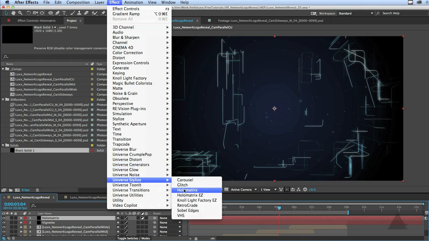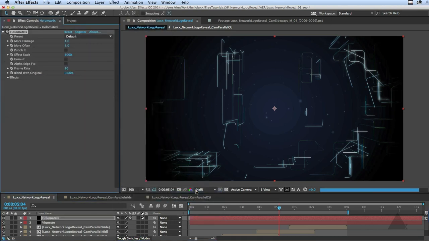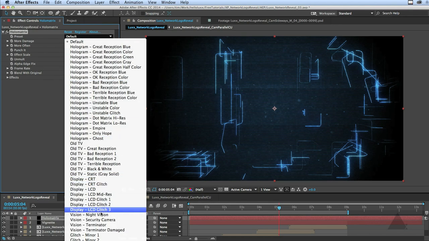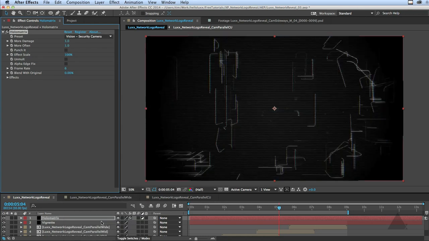And I believe this is a premium plugin, but to be honest, I'm not sure. I think maybe you get the easy version as a freebie, and this is the super version. Okay, and you can see it's immediately giving it that kind of security camera Tron feeling. I'm going to choose a preset from here, Vision Security Camera. Okay, but I'm going to change a few of the parameters because it's affected quite a lot